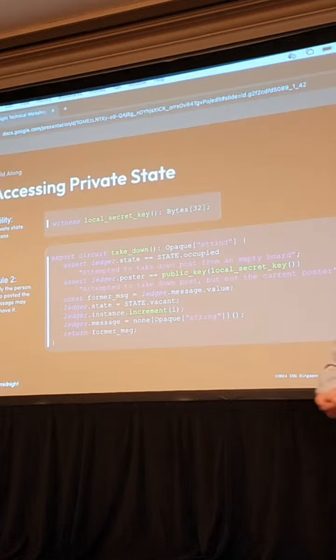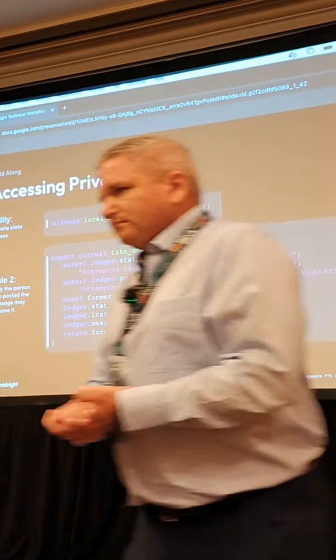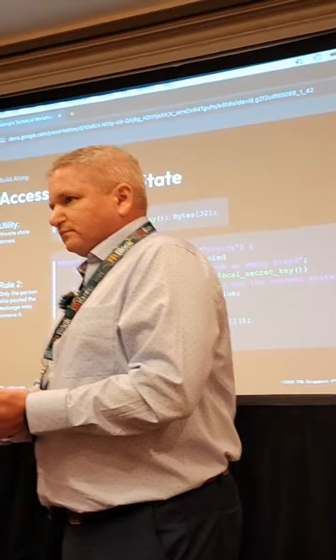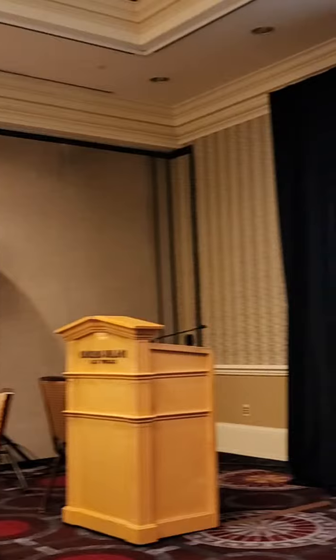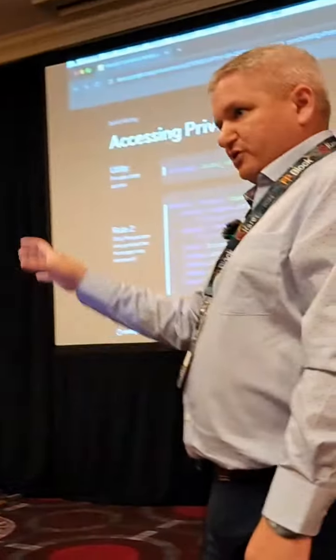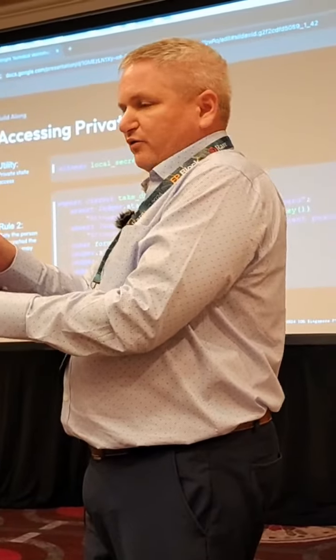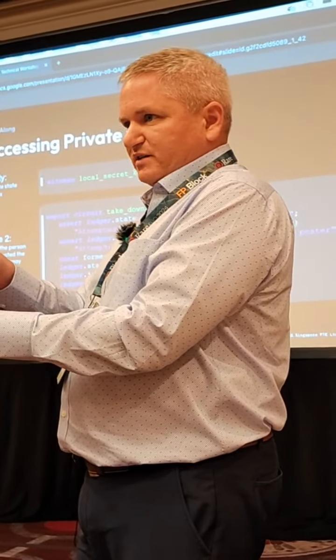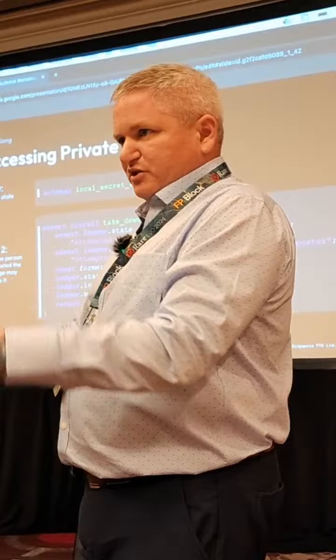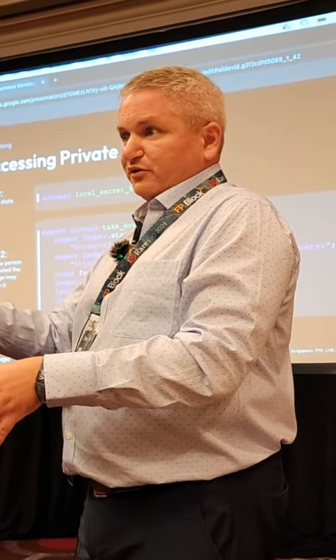Yeah? You still have not written down one example of local secret key. How do you implement that function? So that function, what the compiler will do is it'll build to a stub that is defined on that machine. So that machine provides however you want to manage and manipulate that secret key. The machine itself will provide that piece of code.